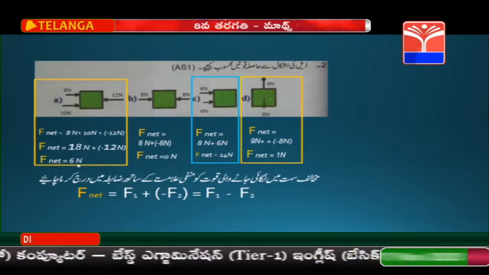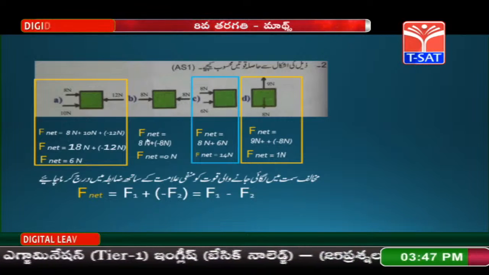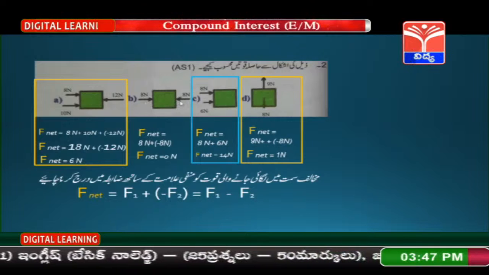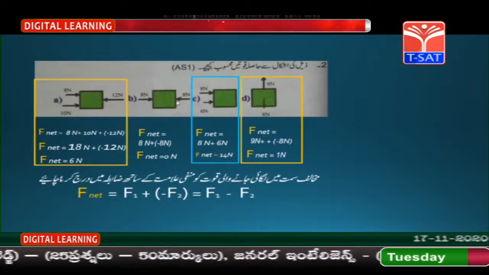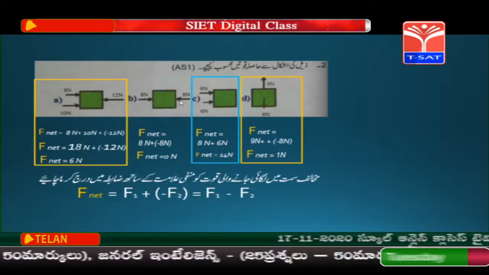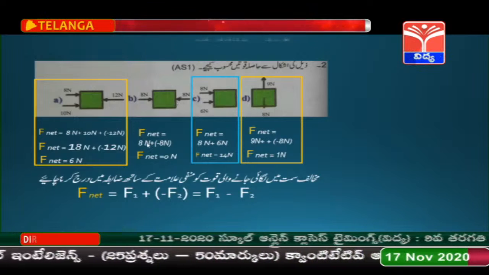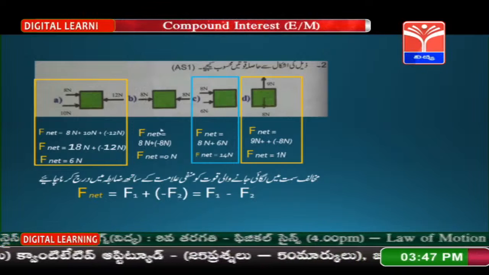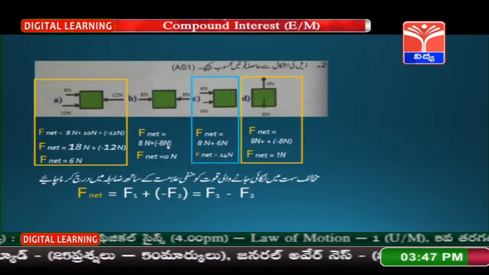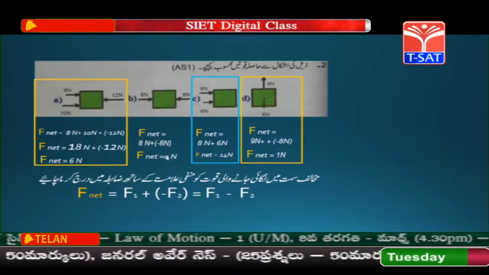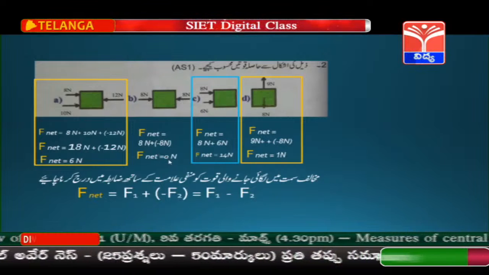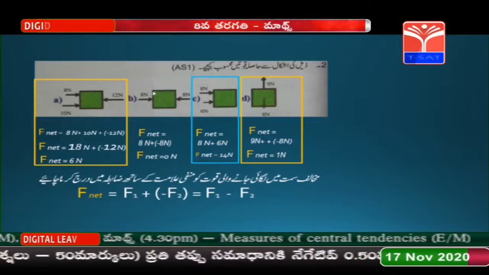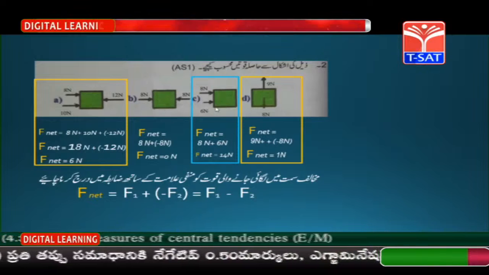6 न्यूटन्स। दूसरा सवाल है, उसमें आपको दोनों जानिब से एक एक क़ुव्वत अमल कर रही हैं और वो दोनों क़ुव्वतें भी मुखालिफ और मसावी है। अब आपको यहाँ पर ज़ाब्ते में दर्ज करना है 8 न्यूटन जमा मनफी 8 न्यूटन। इस तरह से 8 माइनस 8 मसावी है 0 न्यूटन, यानी इसकी हासिला क़ुव्वत 0 होगी।